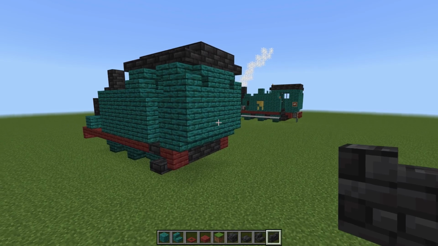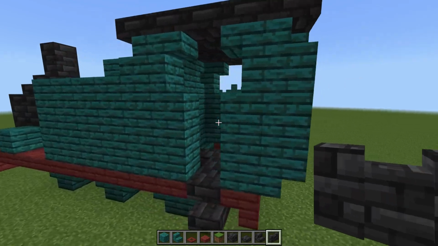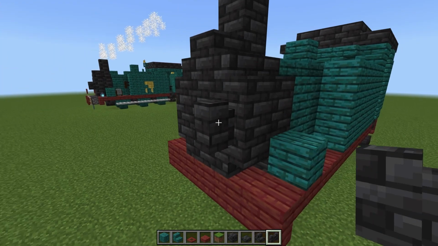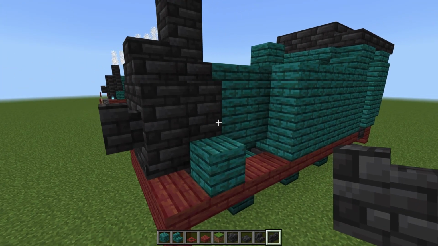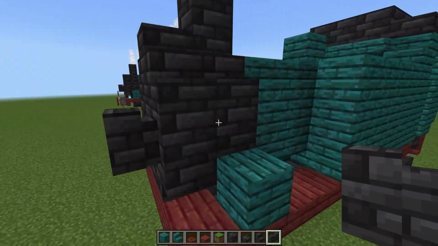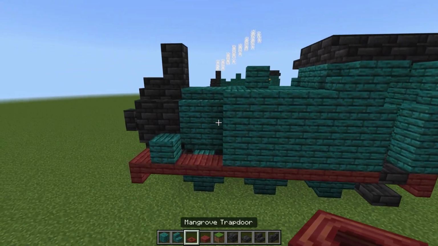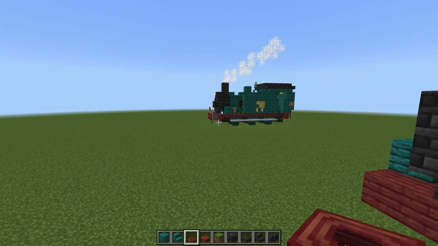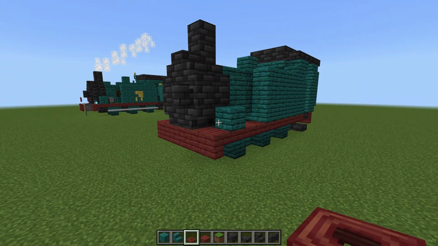We're making insane progress, guys. It's looking absolutely amazing. Now before we do move on, I'm just going to quickly place myself a deep slate tile wall just here. So on the actual block of the front of my boiler. And I'm going to take my warped trapdoors, but I need to grab myself another material for this. And it is of course going to be a normal piston, just for our buffers on the front and back